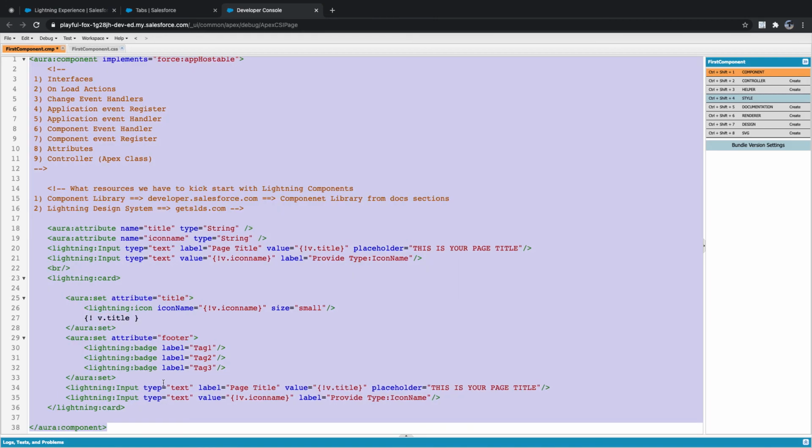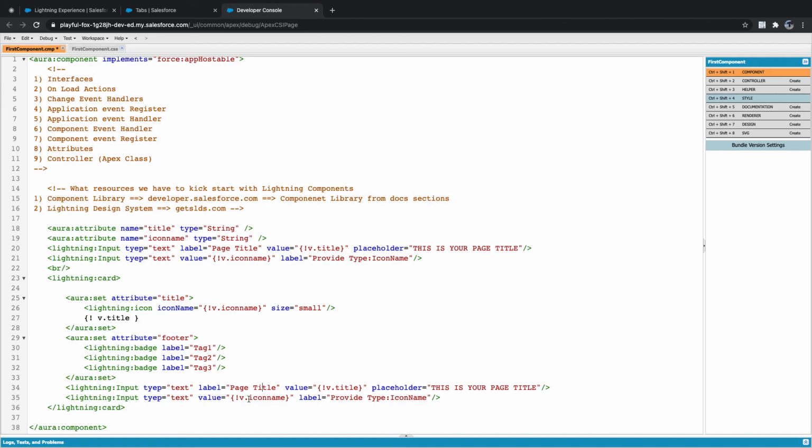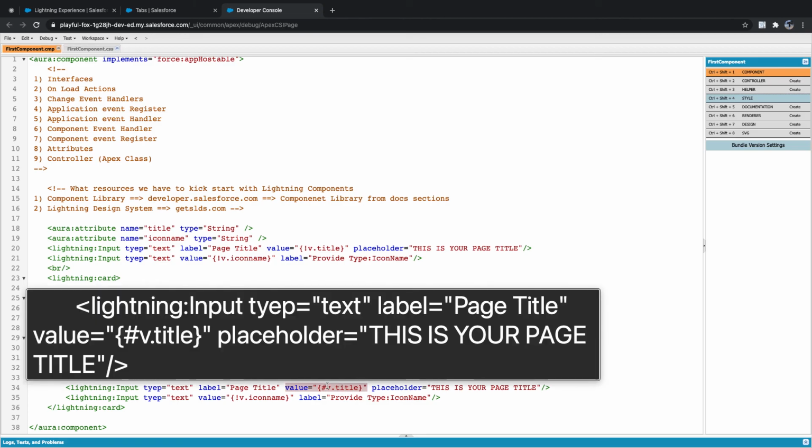Control A, Shift Tab is for indentation. Instead of this, I'll use my hash mark here, inside the body. Clear? Now you can see I'm using a hash mark here, right?